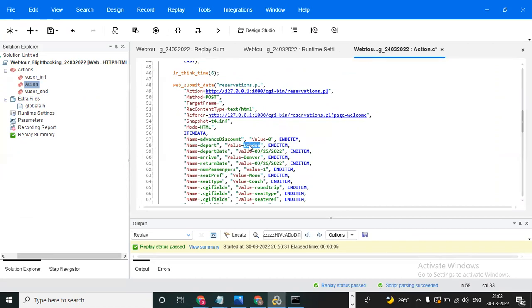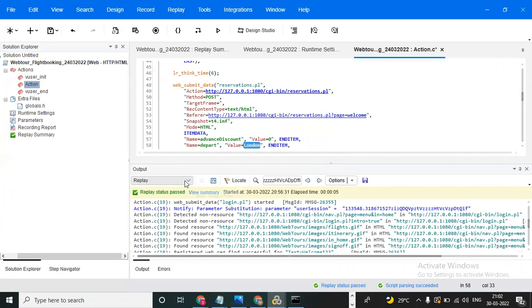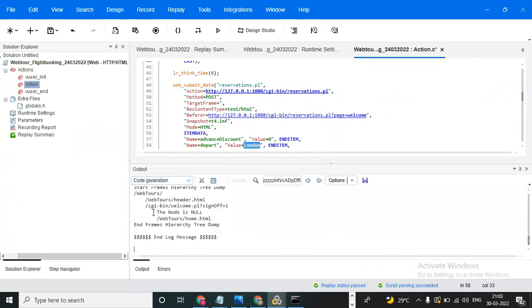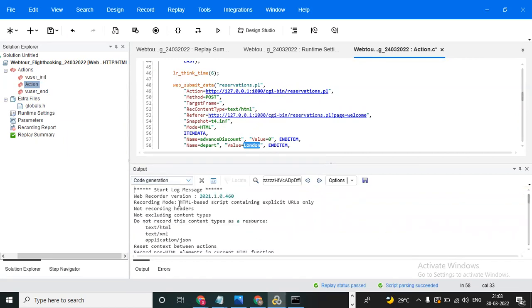You can copy the dynamic value and go to here. And here what we need to do, go to the code generation. When you want to find the dynamic value, left boundary, right boundary, you need to go to the code generation. And after that, go to the control home. You can click on the control home. It is coming to the starting line. And after that, in the search window, you need to copy the dynamic value, already copied, right? You can paste it. And after that, click on next.